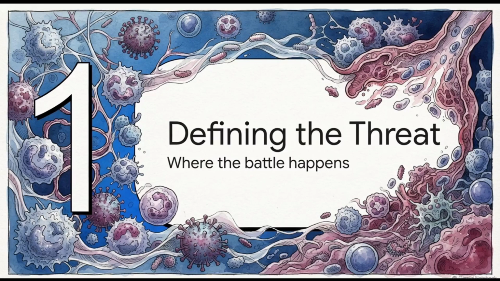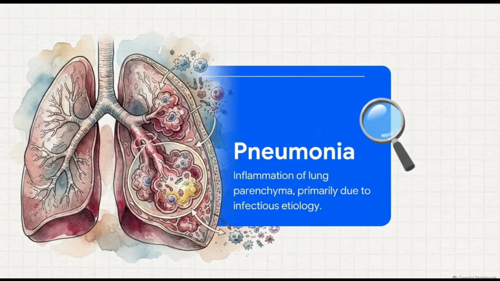This is where the battle actually happens. Before we can really understand this infection, we've got to locate the battlefield. And looking at this definition, the absolute crucial detail here is the location. The lung parenchyma. We are talking specifically about the bronchoalveolar tissue, those tiny bronchioles and the alveolar sacs where the